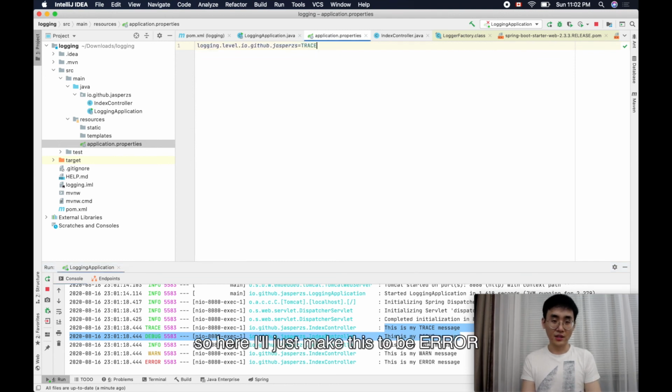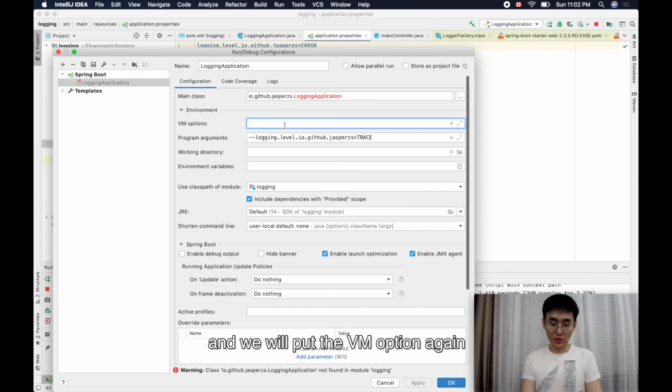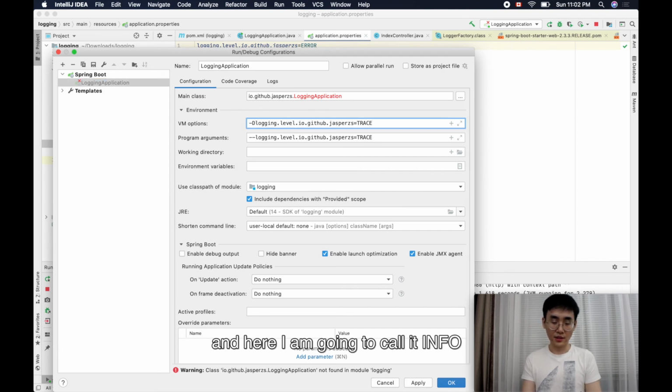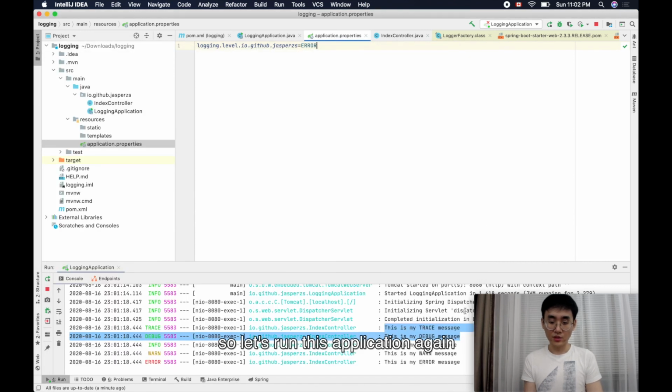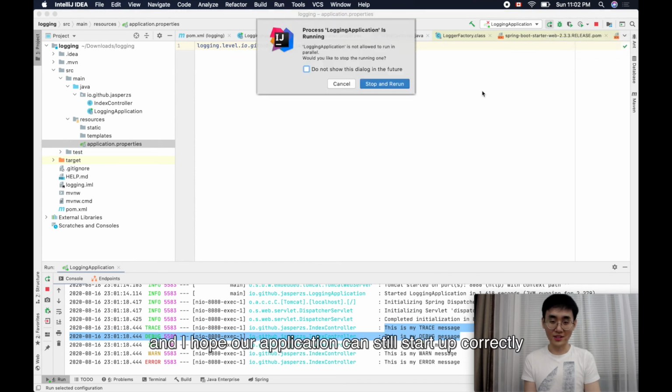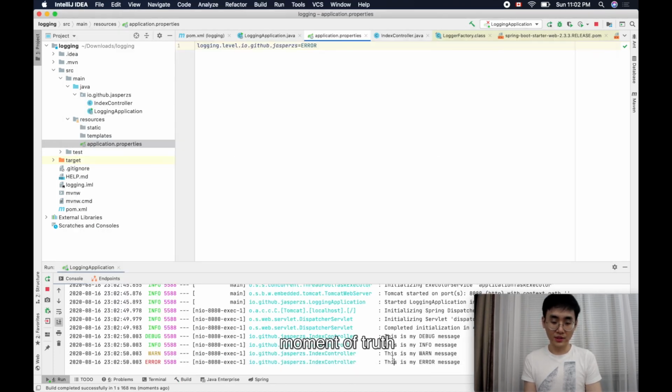So here, I'll just make this error. Then I'll go to the logging application, and we will put the VM option again. And here I'm gonna call it info. Then for program arguments, I'm gonna do debug. So let's run this application again and see what we get this time. I hope it's not a conflict, and I hope our application can still start up correctly without any problem. So let's see. And once again, head back to the browser, I refresh the page. Moment of truth. Okay, so our application can actually run perfectly fine, and in fact we get a debug level